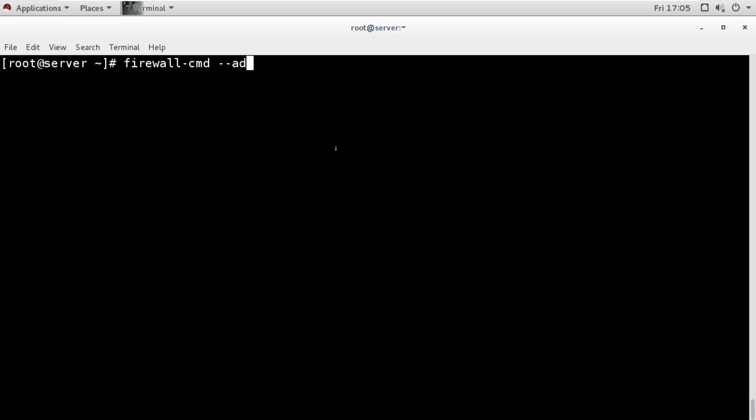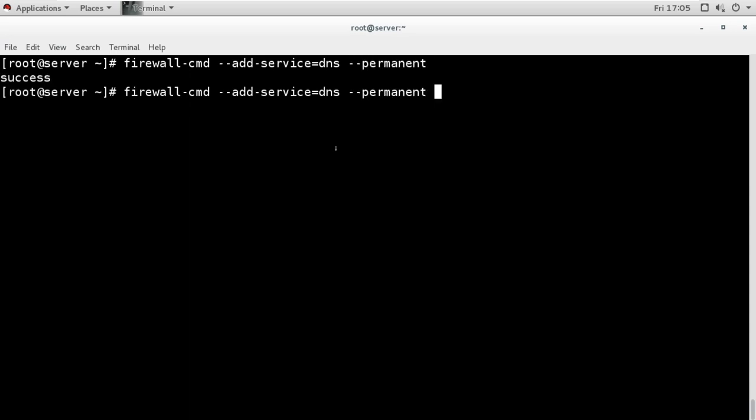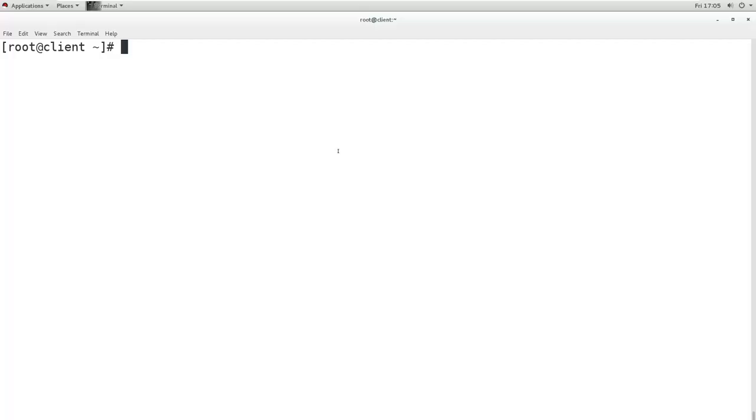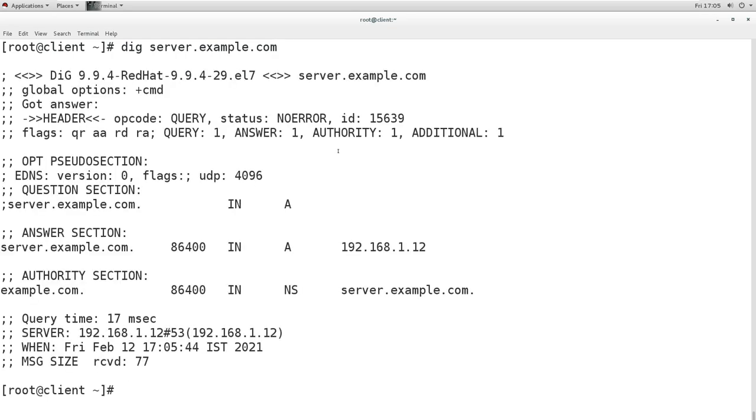So I will add the service here. The service name is DNS, and I'm going to add it permanently. Then I will reload the firewall. Now it is allowing DNS also, and anyone can send the request and it will work. Now again I will try dig, and now we can get the answer.